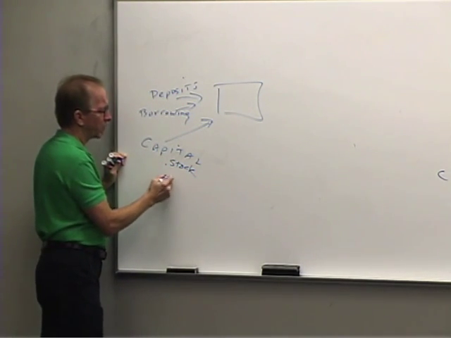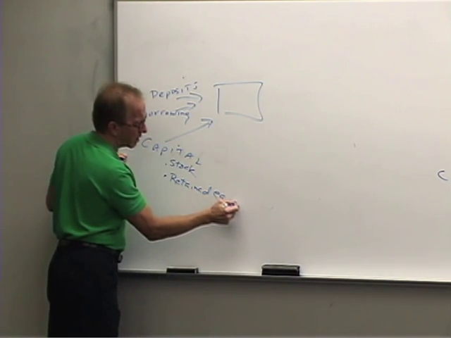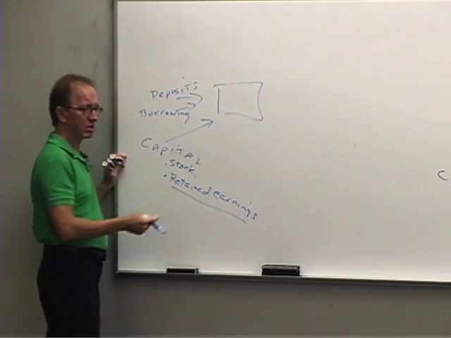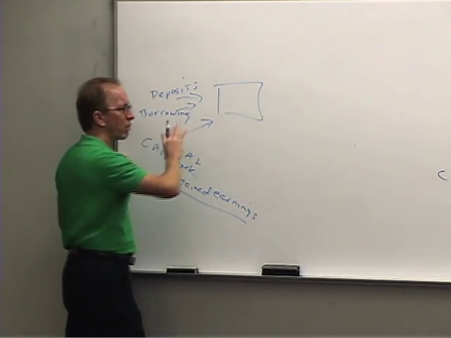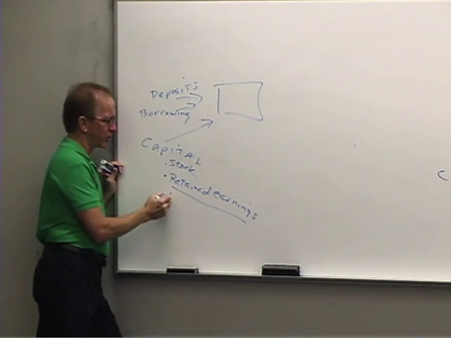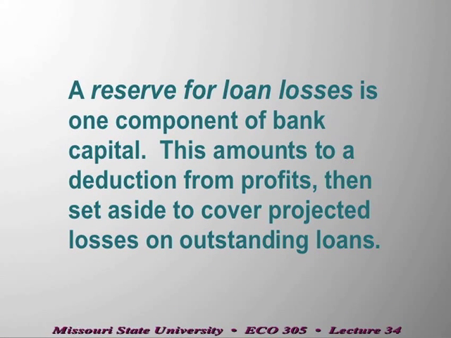Sale of stock, and then retained earnings. Well, part of this capital, coming from retained earnings, where we don't pay out the earnings, is an account which is a reserve for loan losses. And so within these capital accounts,